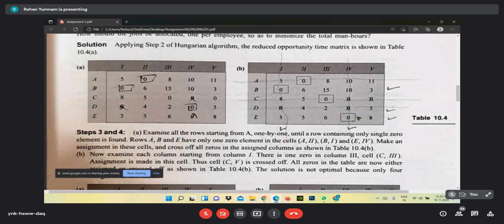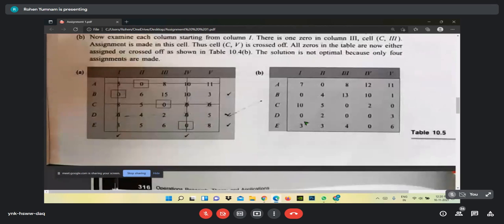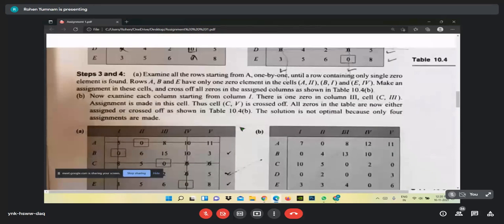Then how many lines do you have? See, this one is not included. This one is not included. It is by mistake. And how many lines do you have? 2 horizontal lines, the first and the third, and 2 vertical lines, in the first and the fourth. How many lines? 4. What is the dimension? Dimension is 5. Less than 5, so you need to proceed again. And after proceeding to the next step again, what you have is